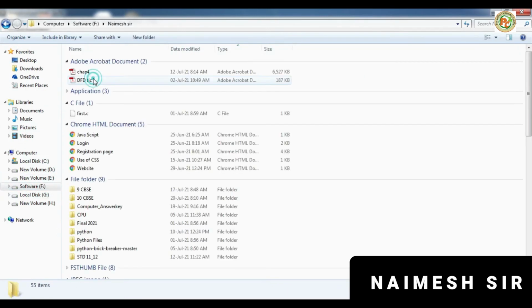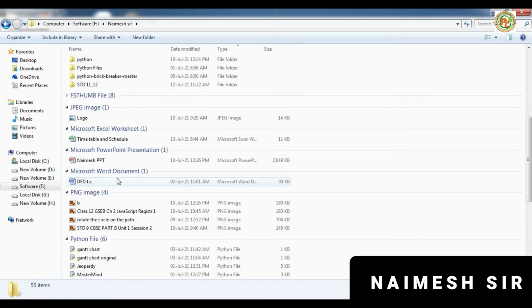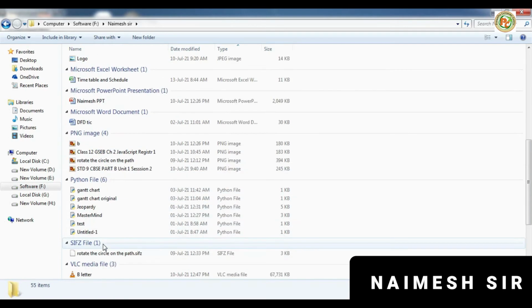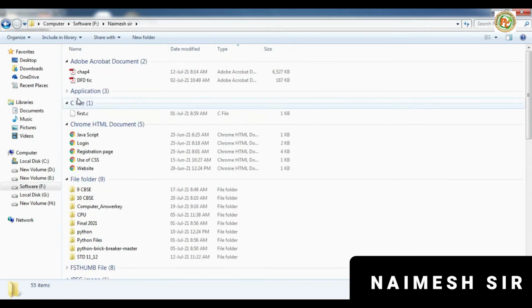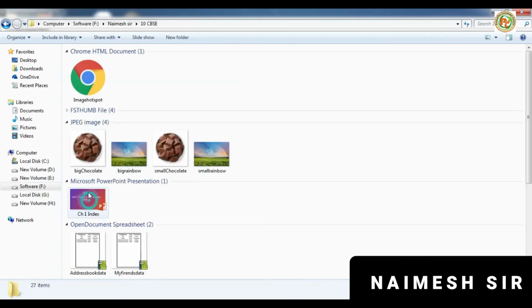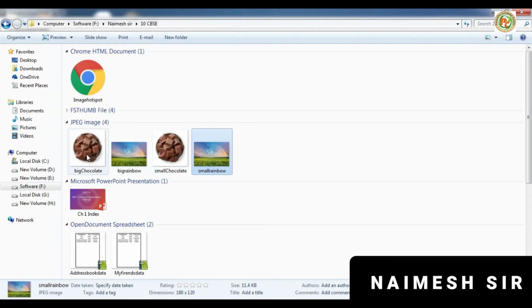I have already downloaded the images in the folder. Yes, 4 images are there. One is the big rainbow image, you can see its dimension 1440 multiplied by 955, and this will be the smaller one. Similarly, this image is bigger in size, and this one is smaller.